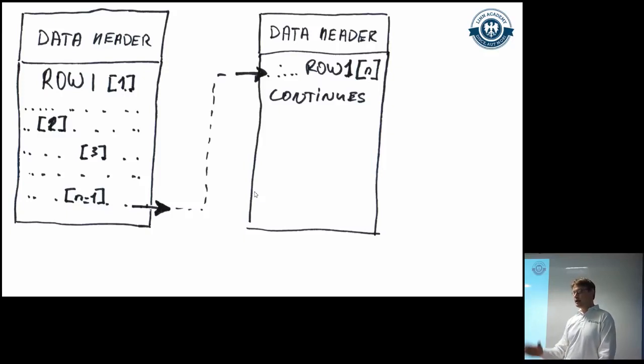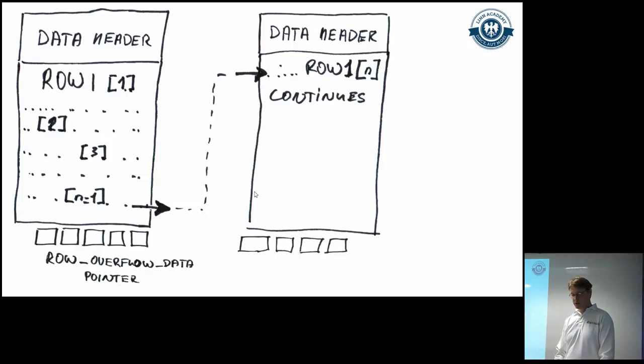It selects the longest column and sticks it on the next page effectively. And if there is another column that doesn't fit on that page, it sticks it on another one, and another one. And then where there is a row offset in that data page, it creates something like row overflow data pointers, pointing at the page where we created that